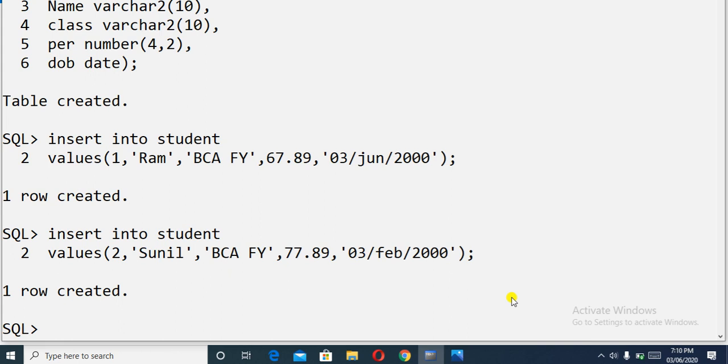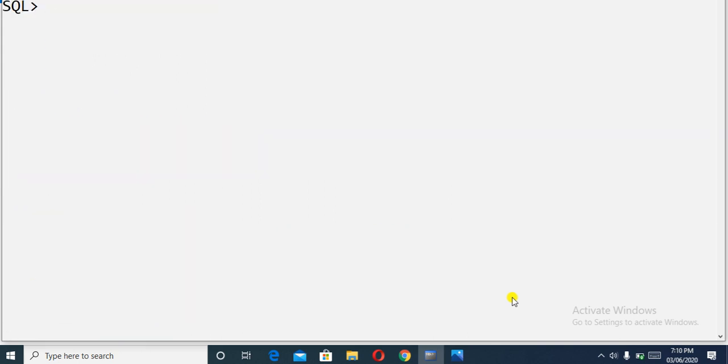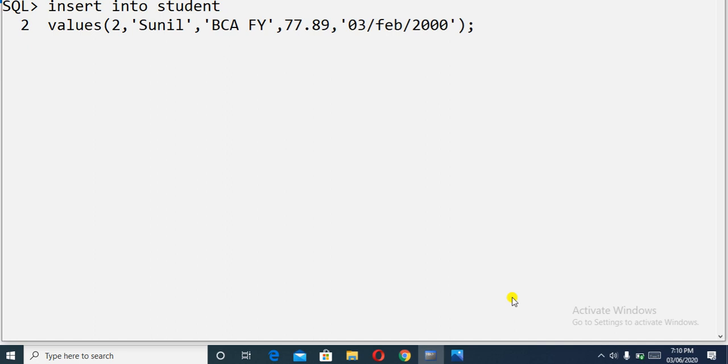Now I will just, a minute, clear the screen. Again one more record I am going to insert. So in this the values will be like this. Suppose I am not changing the roll number, here I am only changing the name.